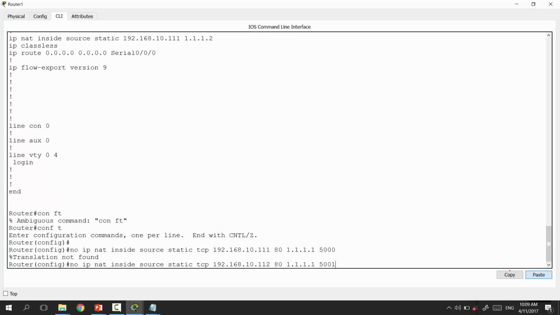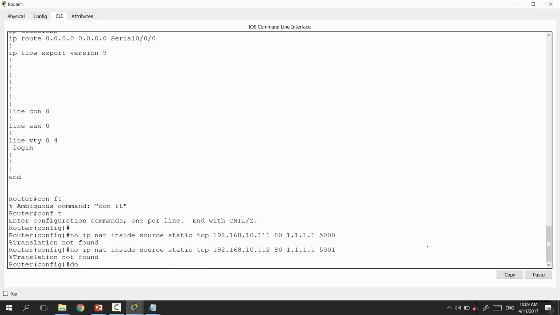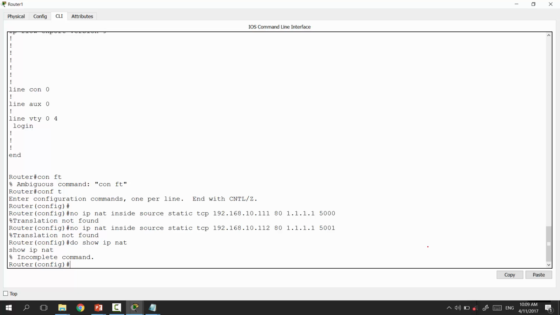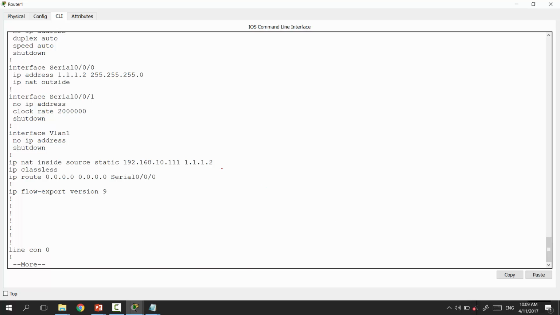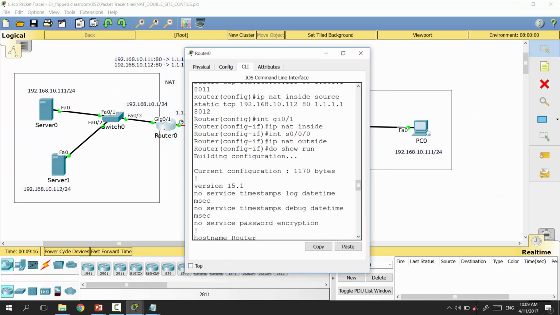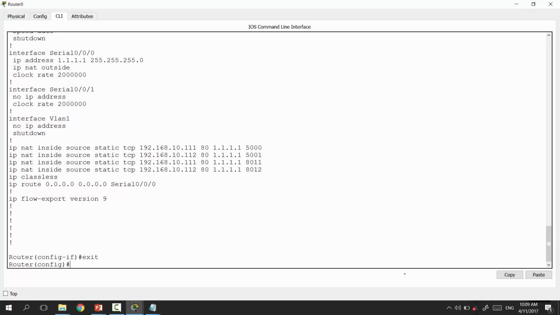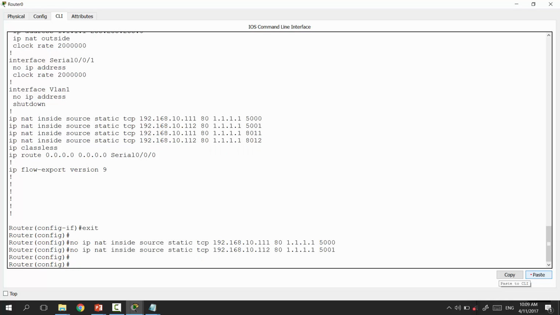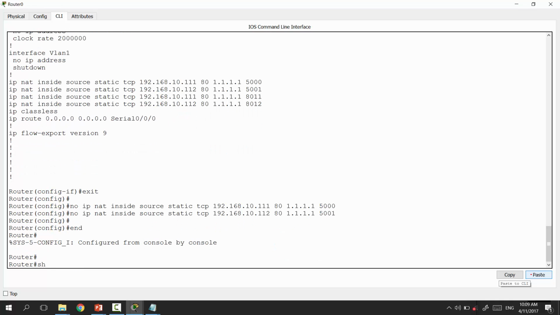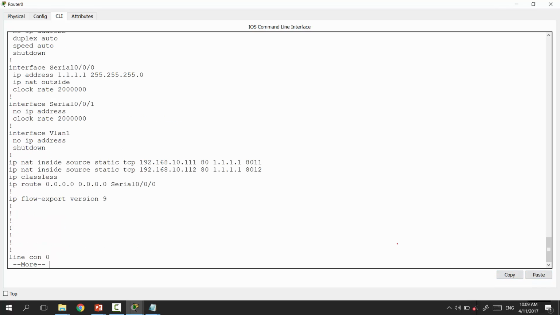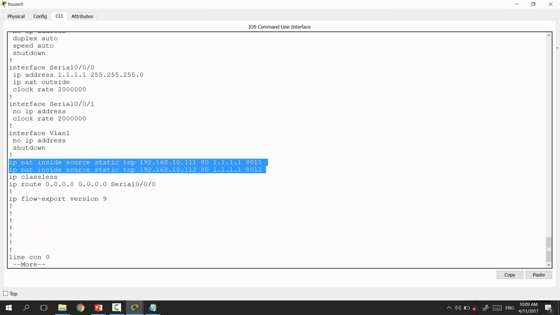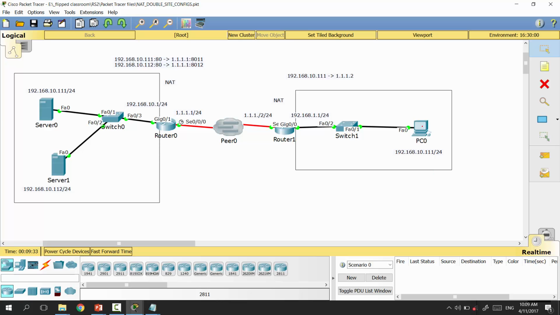I'll do it in the global configuration mode and do show ip nat, do show run. The command is shown. I had to do it here, sorry, in router 0. And let me paste it here. So I deleted them. The running configuration file is showing me that I have these translations. And now I'll try to make a